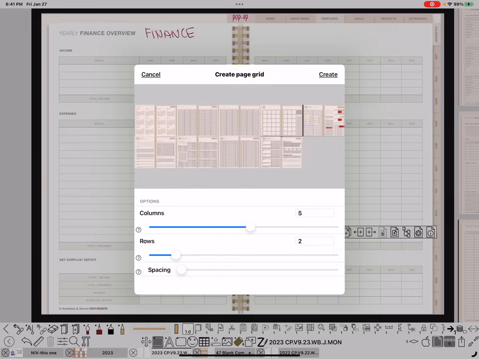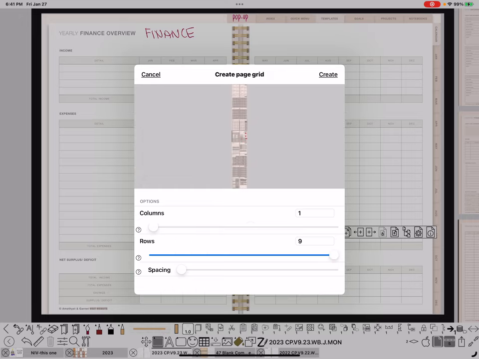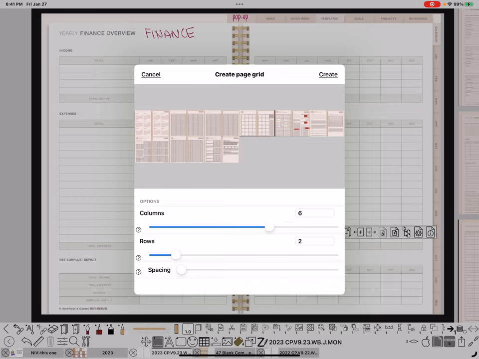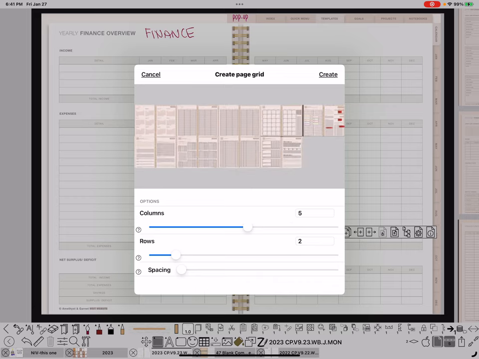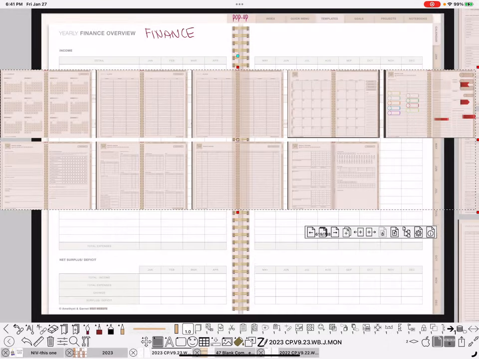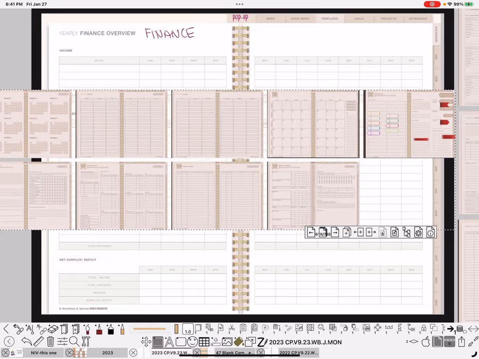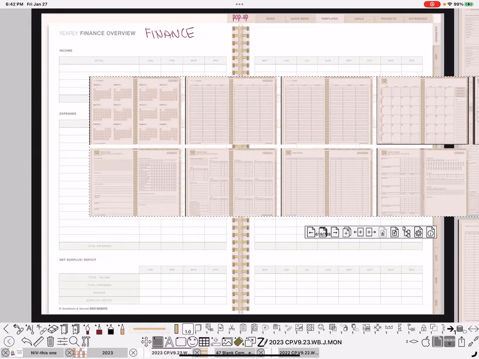So if I make it a 5, see, I can make it 1 column where they're all vertical, like that, or just slide it until you see what you want, and you can add spacing if you want between each one. I don't see the necessity of that, but we have the option. And then do create, and now I've just added this chunk, and they're all a chunk until I do something,